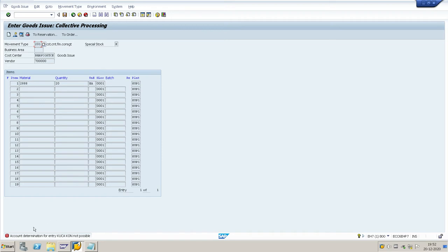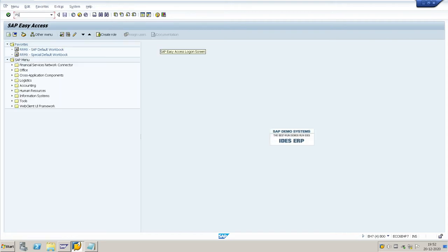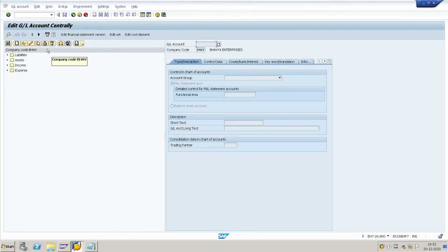The system will throw an error: account determination for entry CON account not possible. So you need to create the CON account for that. Go to create a new session. This comes under finance control.